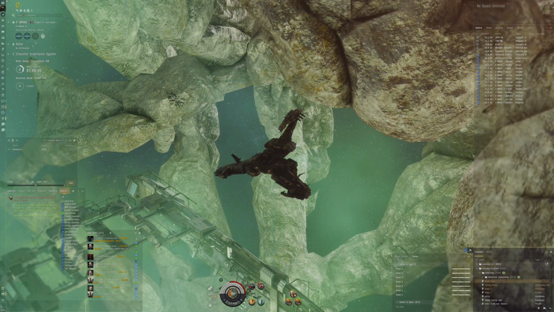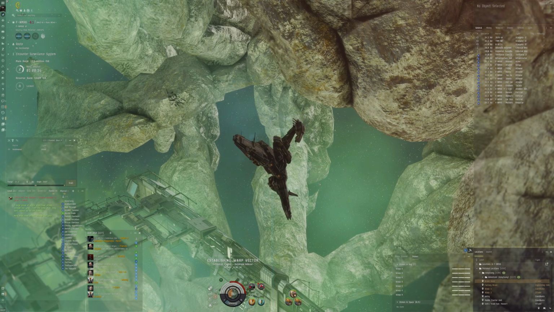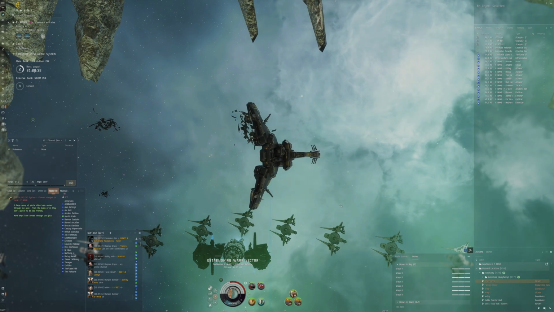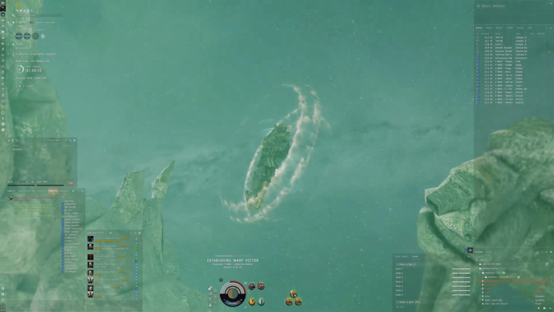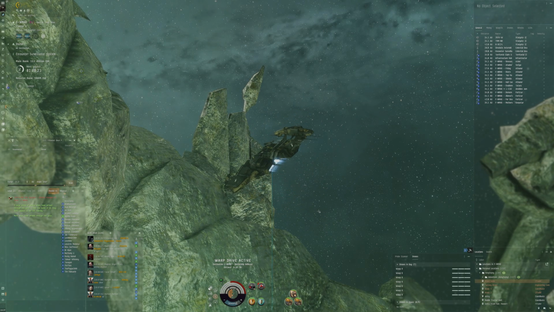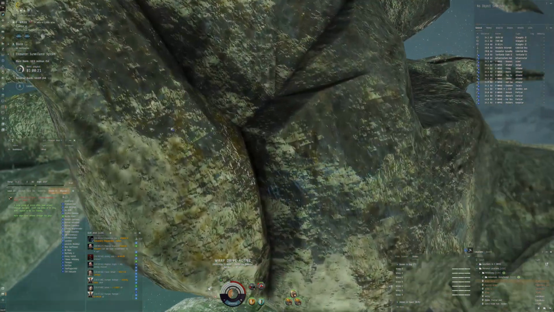Unfortunately, we made a bit of a mistake here where we warped in a little bit too close. Definitely should have warped in at a further location. But it's just the way it is. Sometimes you make mistakes and you learn new things. I didn't even think there would be a problem to warp in at this distance, but clearly it was. You saw we got low shields. And also, we can always...